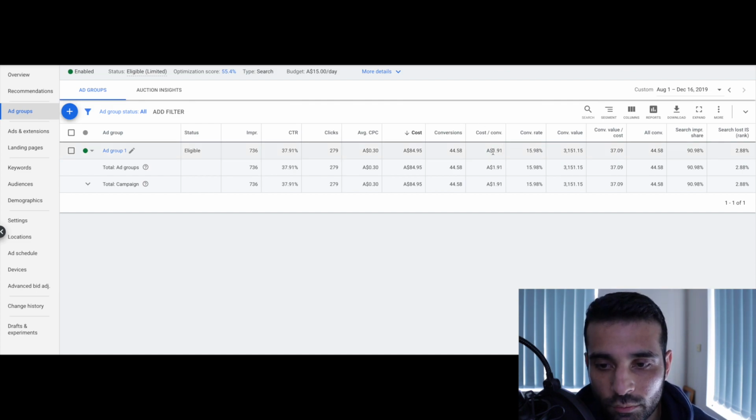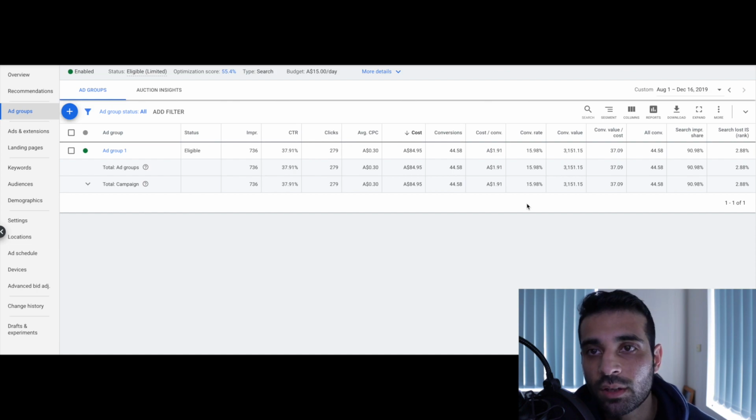But you can see my cost per conversion is $1.91. Now on Facebook, if you do Facebook DPA retargeting or any type of retargeting, then 1.9 is not a crazy number to get back. Almost 16% conversion rate, and this is the conversion value, right? It's $3,151 return at a 37x ROAS. So you can see that this is a very, very, very profitable campaign, and it's just like having a Facebook